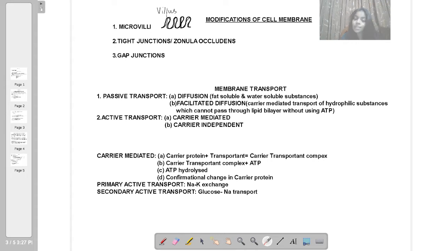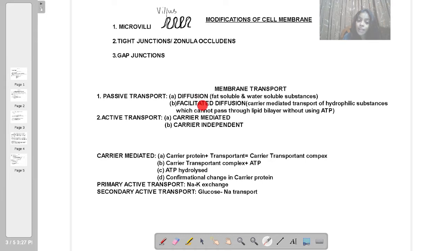Okay, and certain channels are there in the cell membrane which are called ionophores, which allow certain ions, charged particles, to pass through, or even water to pass through from their high concentration region to their low concentration region. Okay, so that is all about simple diffusion. Why is it called simple? Now we are going to understand.